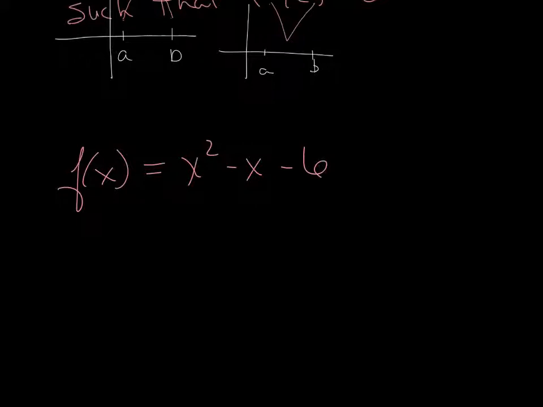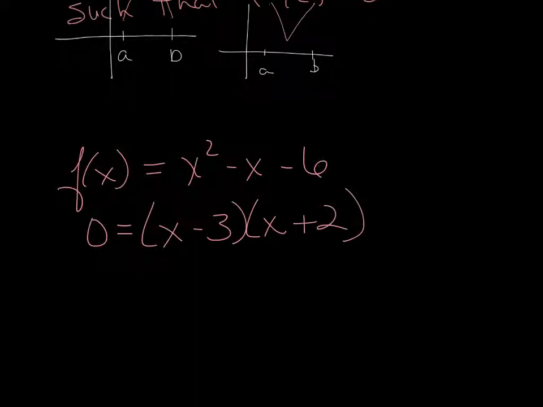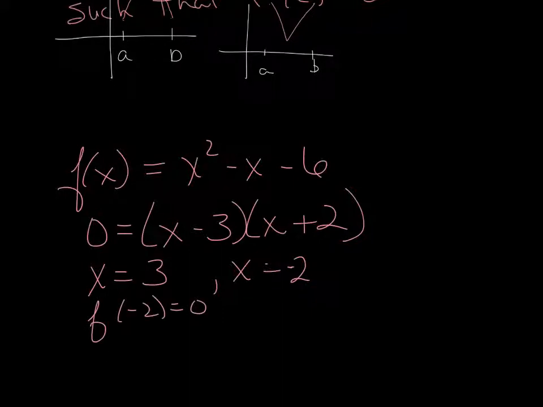Set this equal to 0 and do what? And how do we do that? We factor. So what are my x-intercepts? X equals 3 and x equals -2. That means that f of -2 equals 0 and f of 3 also equals 0, because that's what we just